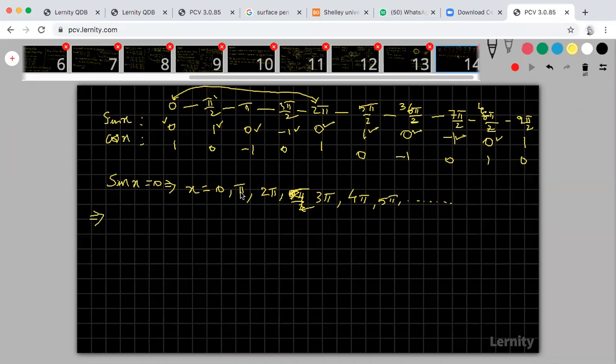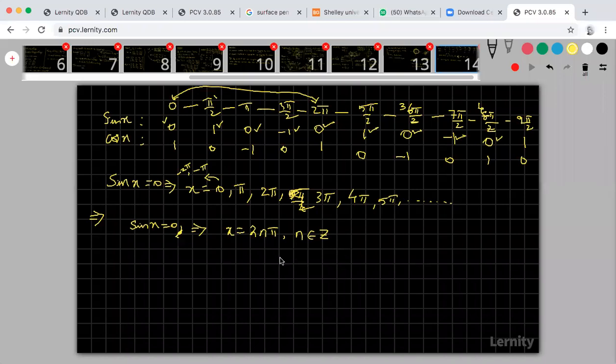Okay, sir, what about pi? What about minus pi? Minus pi is also 0. If you go to the back side, reverse angle, minus pi is also 0. Minus 2 pi is also 0. So therefore sin x is 0 implies x is equal to 2n pi, n belongs to Z. Are you okay? Once x is 2n pi, n belongs to Z, n may be 0 also, an integer.